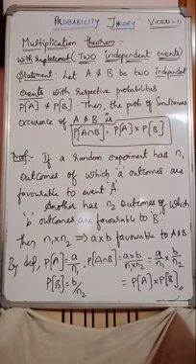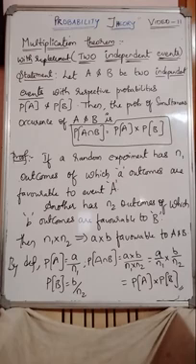Then n1 multiplied by n2 becomes the whole exhaustive set of cases, the total number of possible outcomes between n1 and n2. They have a cross b favorable outcomes to capital A and capital B. Now, by the definition, P of A equals a by n1, P of B equals b by n2, and P of A intersection B equals a cross b by n1 into n2.